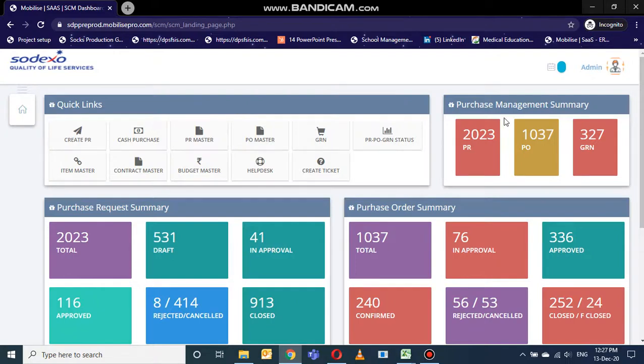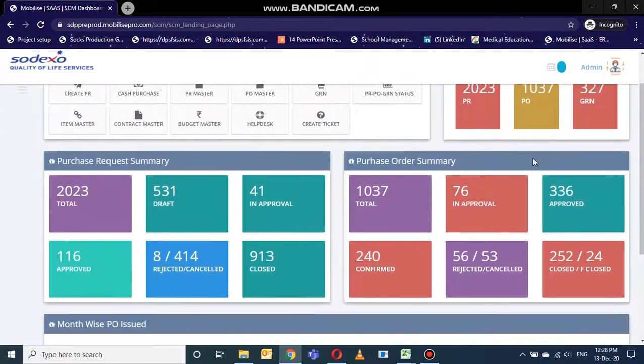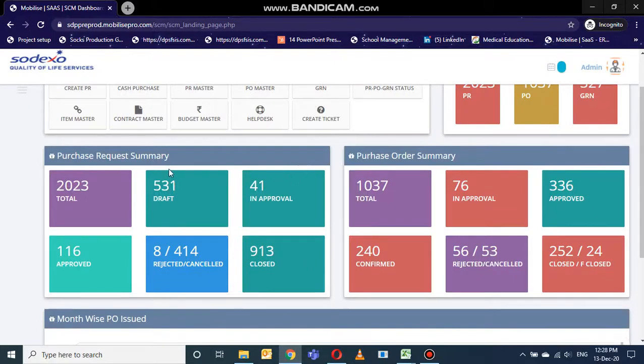And moving forward to the purchase management summary tab, here we have the total number of PRs, POs and GRNs that have been raised in the system. And moving forward, we have the purchase request summary tab. In this tab we can see the total number of PRs that have been raised, and the breakdown of all the PRs. As you can see, 2023 PRs have been raised in the system, out of which